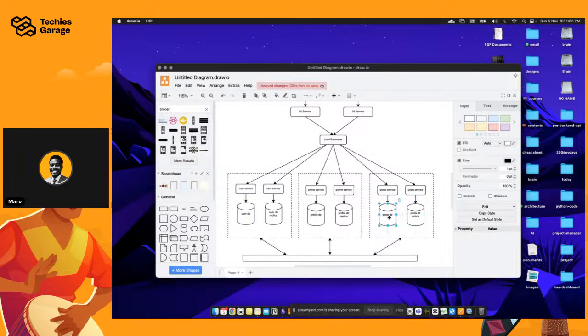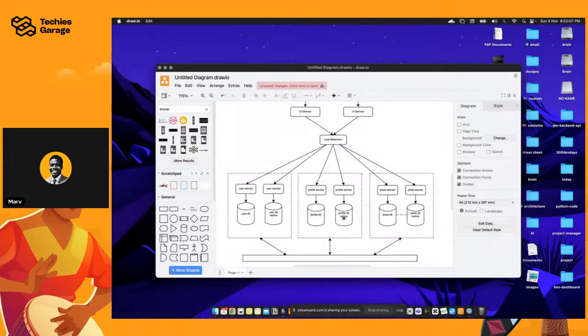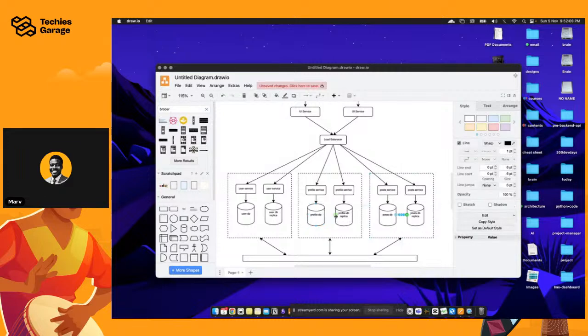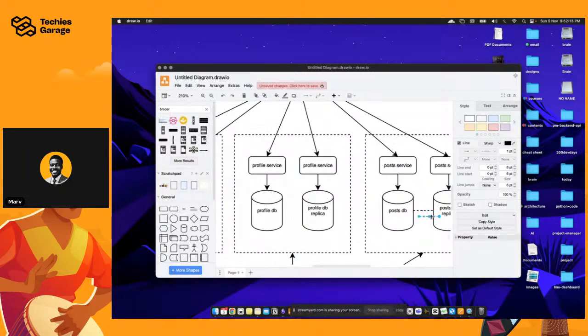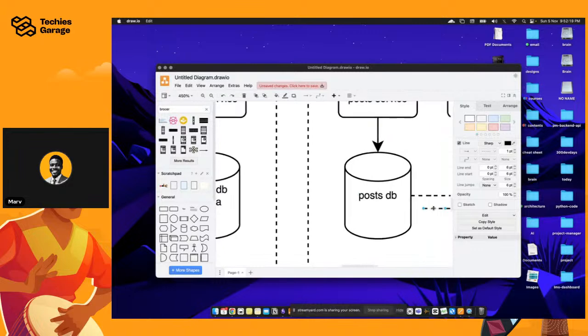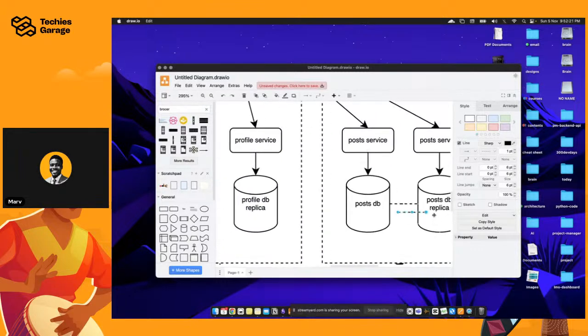Remember that these are replicas. Maybe to show that replication I'll just use this arrow, simple. Let's make it dotted. We'd have to explain better.